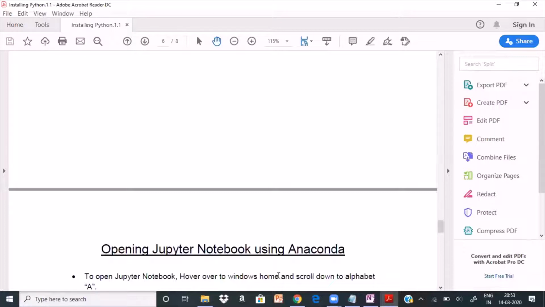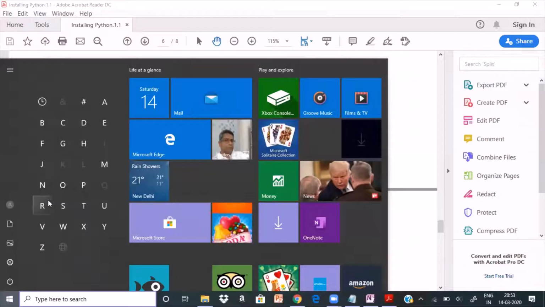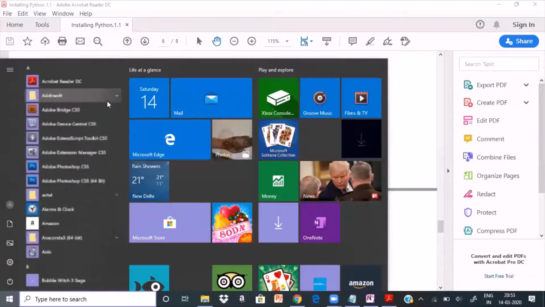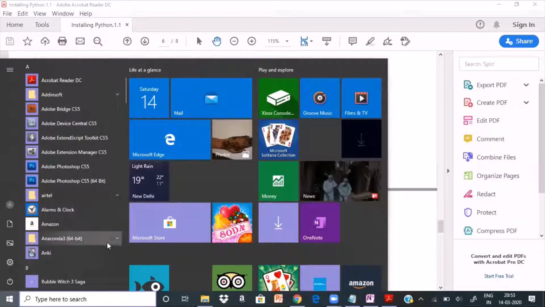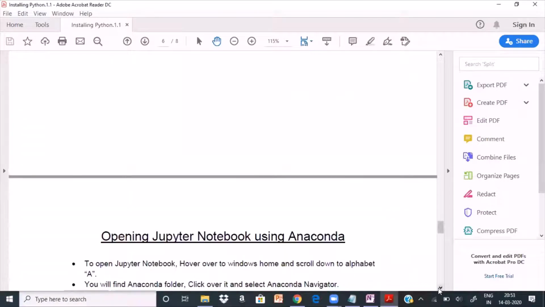So now once the installation is done, go to your Windows Start. If you look here, it will show you the Anaconda. I have installed 64-bit Anaconda on my machine. Sorry, let me repeat once again.